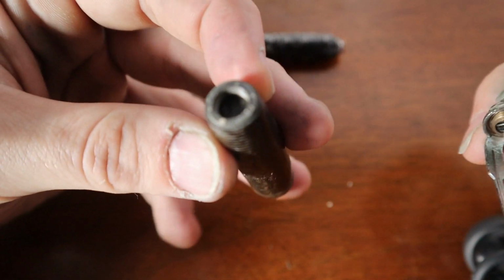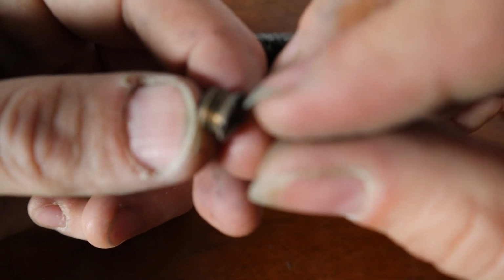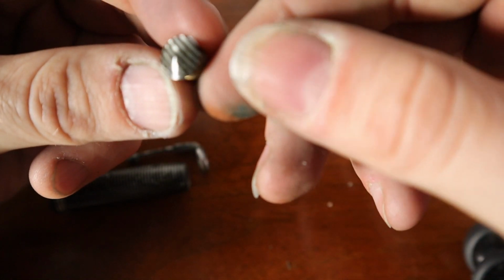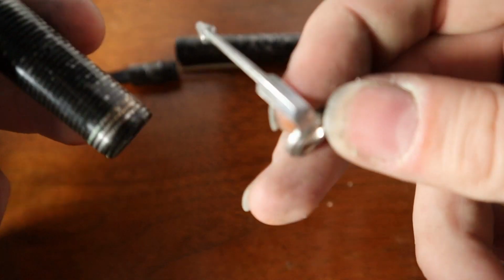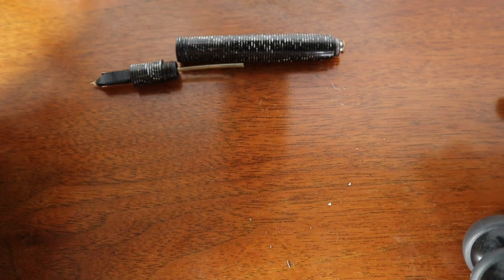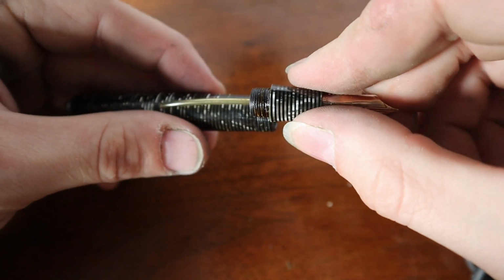And this is actually kind of cool. I mean, this is just a recess into the cap with the threads in it, and this is it. This is the jewel. It actually has a little bit of reinforcement in terms of a little metal sheath around it to protect it, so that was kind of cool. I didn't expect that, but here we go. So there's these, and now I have this, which I'll polish, and maybe I'll try to replate that as well. We'll see. And then here's my cap, and sure enough, so here is the section out,